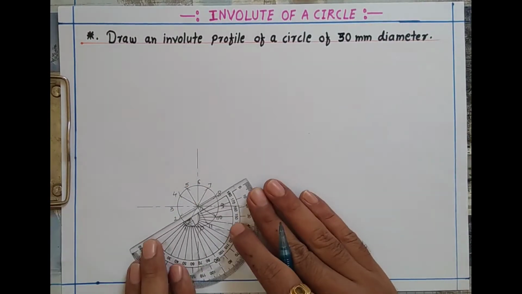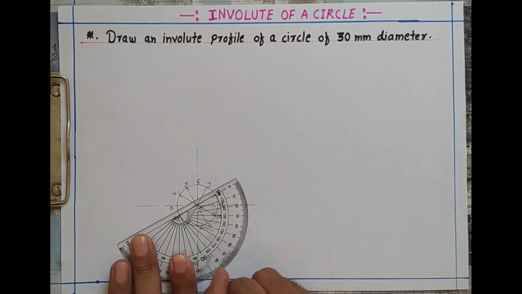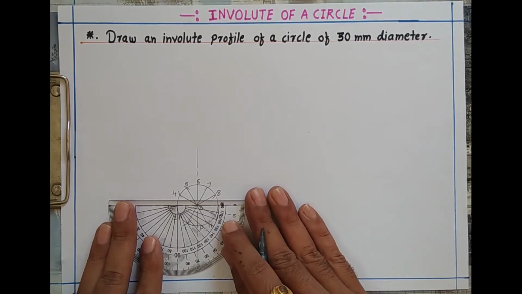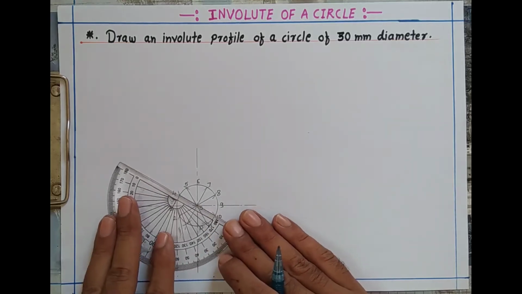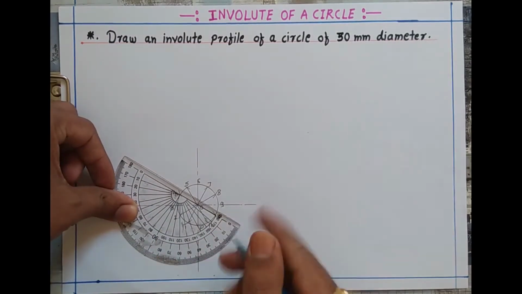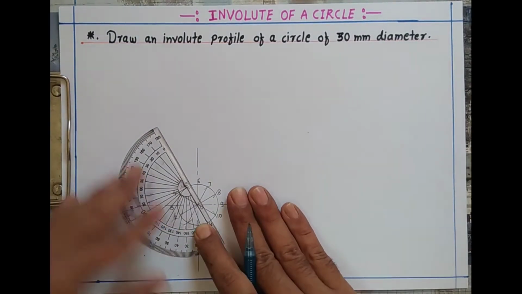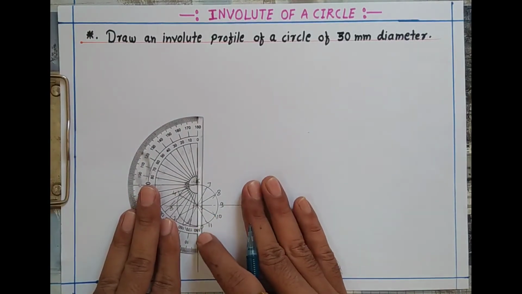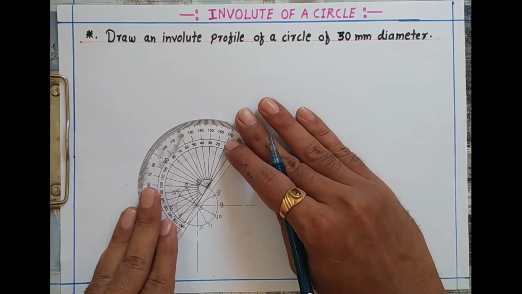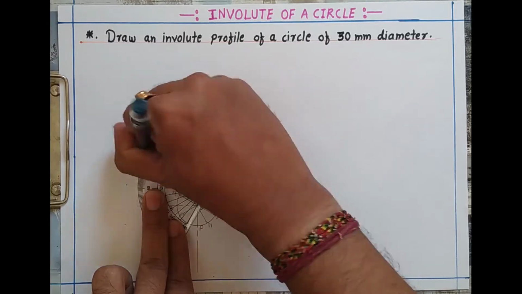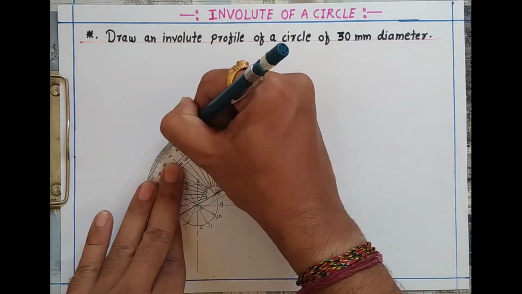We repeat the same procedure for every point. We place the protractor on that point and mark the angle as 90 degrees. We go on like this for every point. This is one method: by means of a protractor you mark the angle of 90 degrees, and thus that gives you the tangent line.